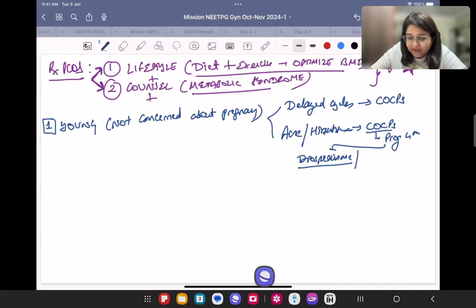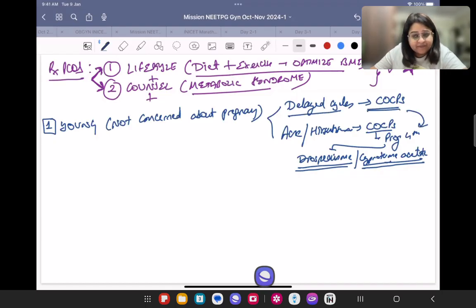Another type of OC pill which has an anti-androgen is cyproterone acetate. This also is an anti-androgen. So either give a contraceptive pill containing drospirenone or a contraceptive pill containing cyproterone acetate. Similarly, for delayed cycles, also we usually give one of these ones only because they are the better ones. Okay? So young, not concerned about pregnancy,